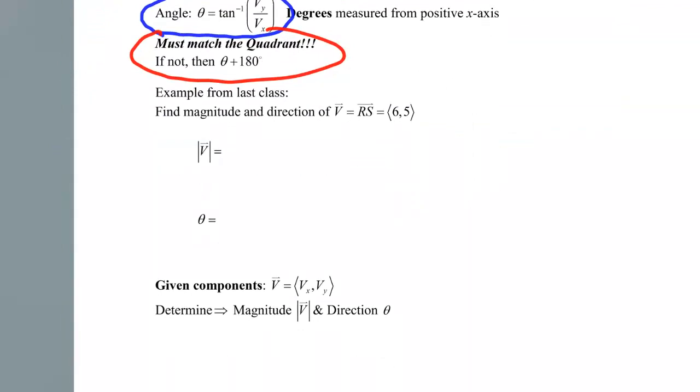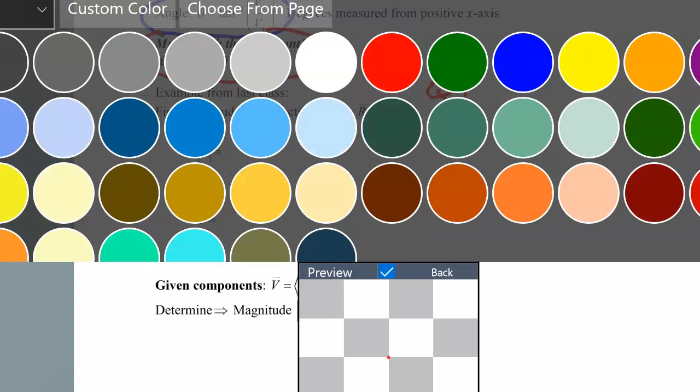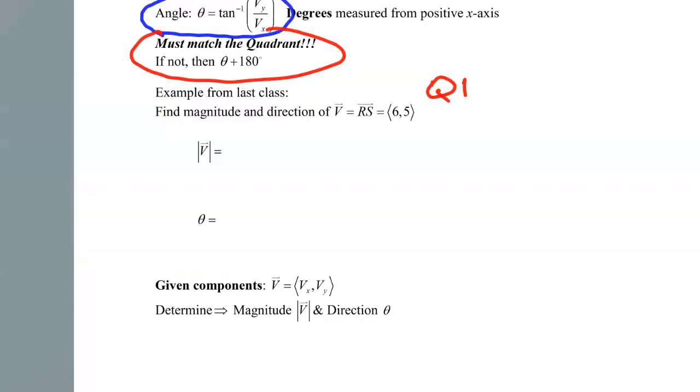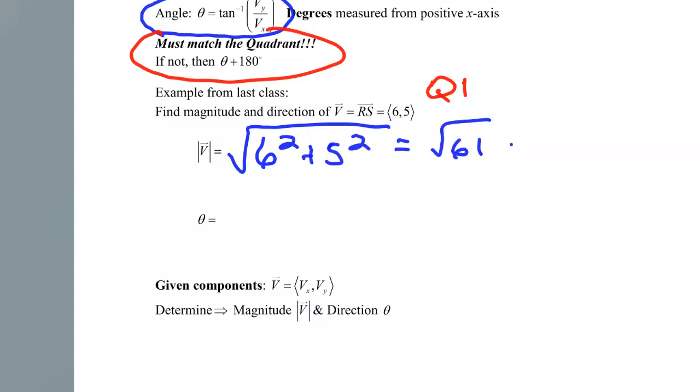We have 6, 5, which is in quadrant 1, and I want to do its magnitude. So I'm going to do the square root of 6 squared plus 5 squared, to get the square root of 61,